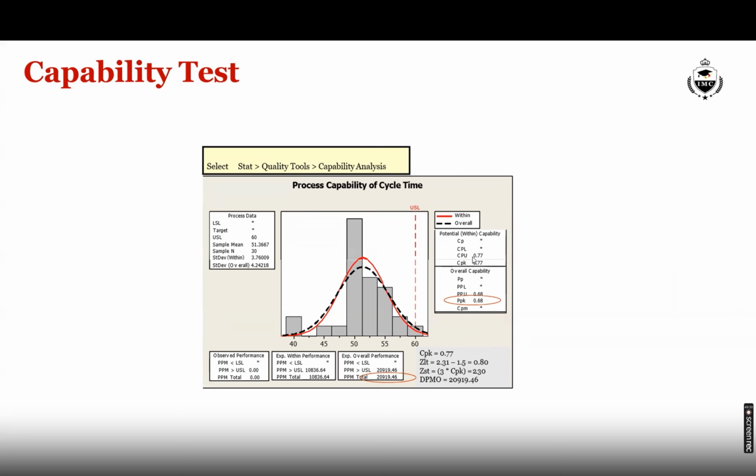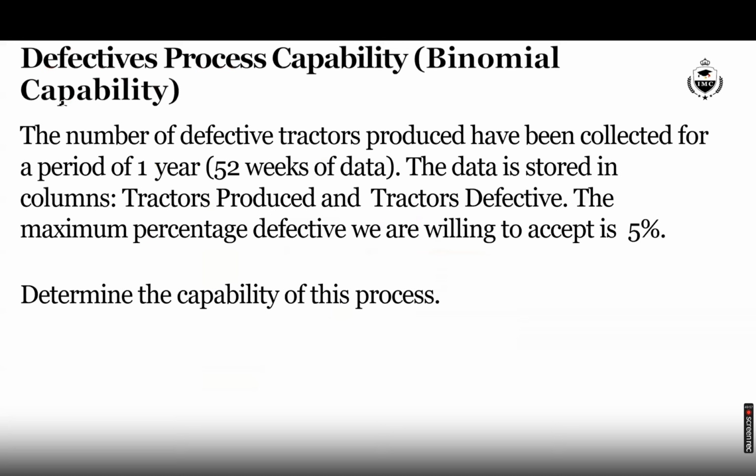Why is it like this? Because there is no LSL which has been defined. So CPL is zero. So rather, there is no CPL. So there is no question of CPK being calculated as the minimum of the two. So it is always advisable to have CPU and CPK as the same, because the concept of the minimum of the two, CPU and CPL, does not arise over here.